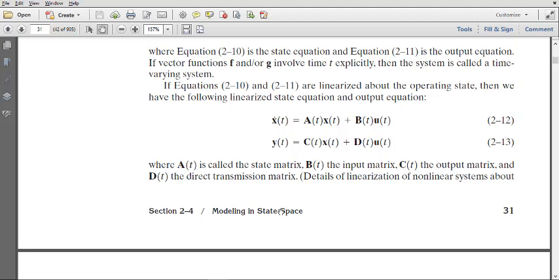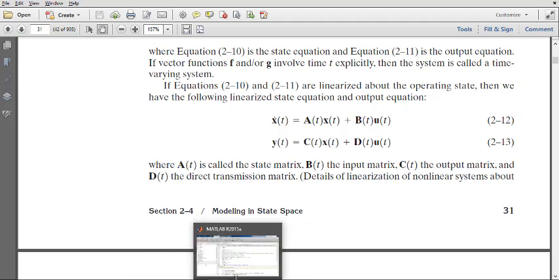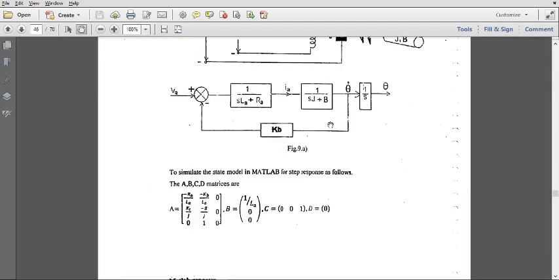Either you can use this or you can use the previous general method of this block multiplied with this block, and you have a closed loop here, G divided by 1 plus GH, and then you multiply with this one. So with either method, you just find the transfer function. Either you can use ABCD or the transfer function here.